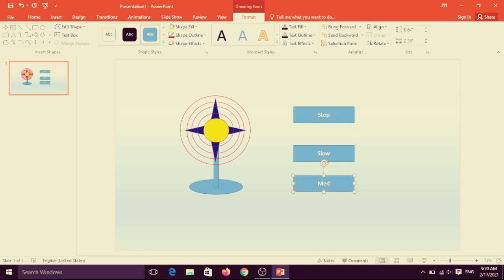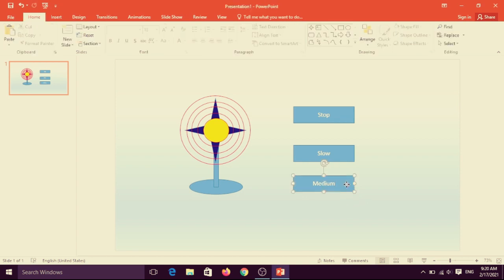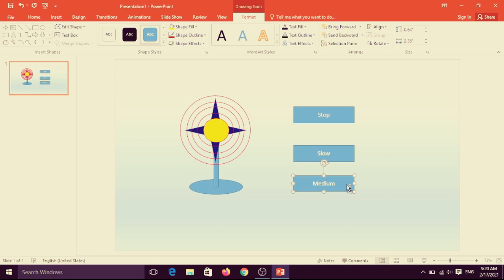Medium. And fast. Or high. These are three buttons and one more is for the stop.